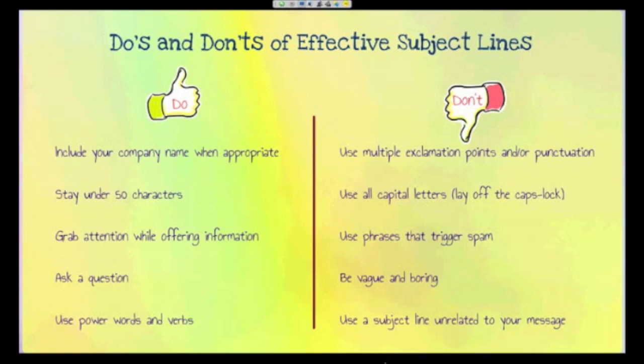And you also don't want to use phrases that trigger spam. Phrases that trigger spam, a lot of them include a lot of exclamation points, include "you won now" or "enter to win" or "free iPad" or lots of exclamation points. There are a lot of phrases that trigger spam, and it's not one single word or one use of a lot of exclamation points. It's a couple things. And your spam folder kind of assigns these phrases a point. So when they see a subject line filled with a ton of discount now, win iPad mini, exclamation